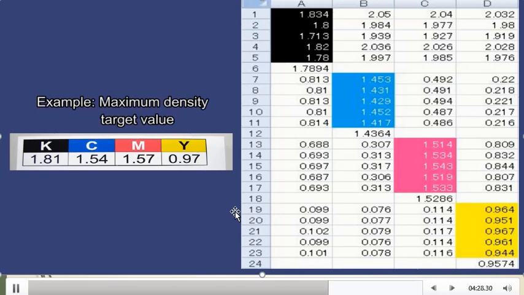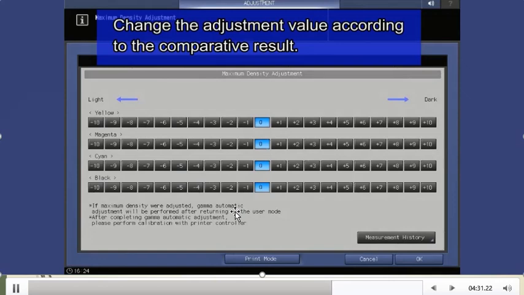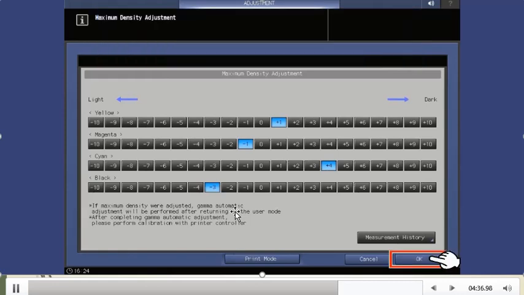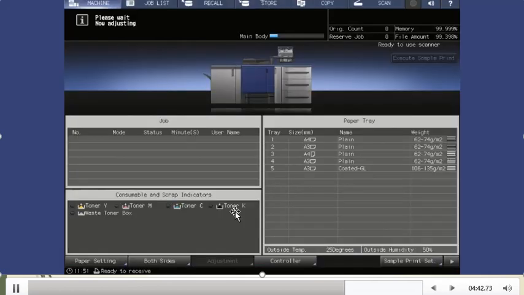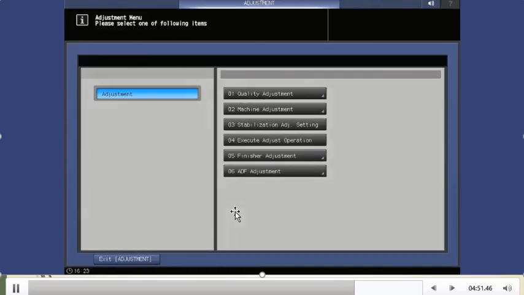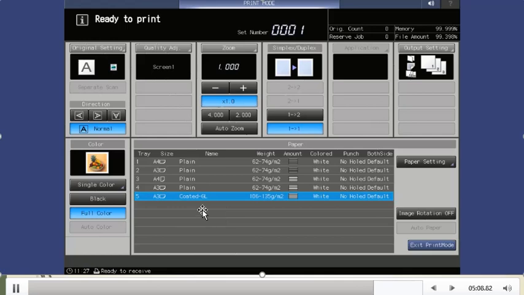If your measured value is near to that, meaning plus minus 0.05, then it's okay. If it is far from there, then accordingly we will change plus minus. Okay, and then the please wait, adjustment going on, and then we will again do the same process. And now you will ask why we will do it again. The purpose of doing it again is just to re-verify whether what we are doing is correct or not. So we will take out the print again.